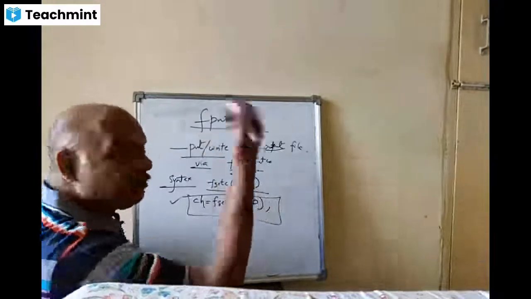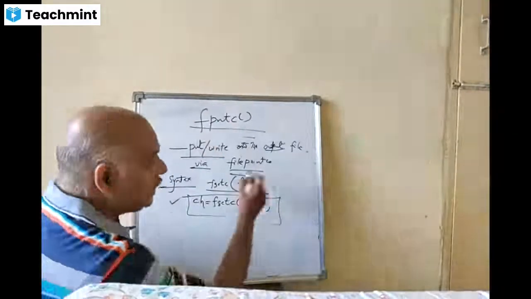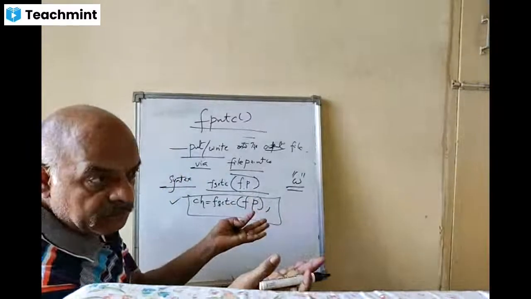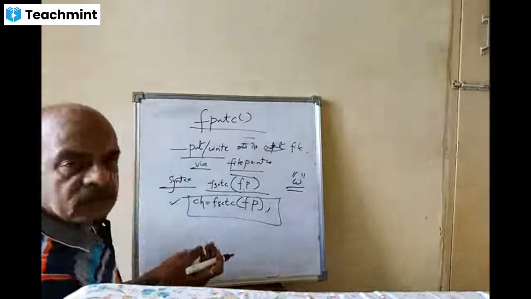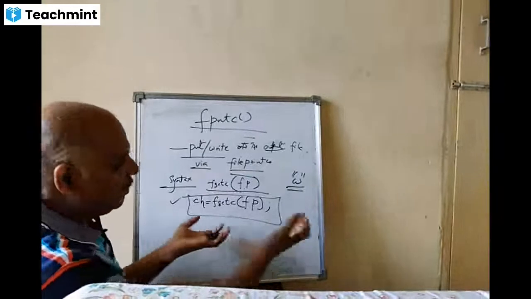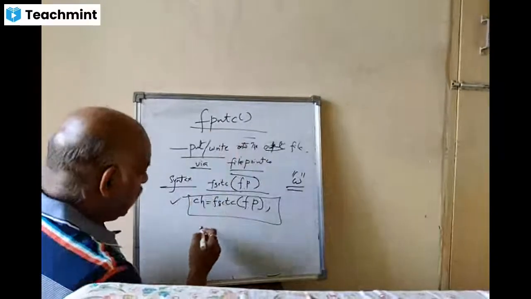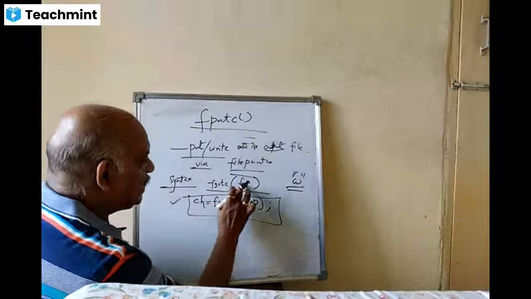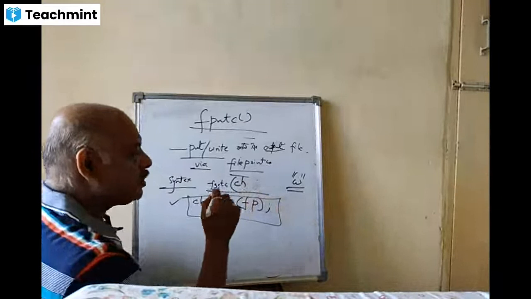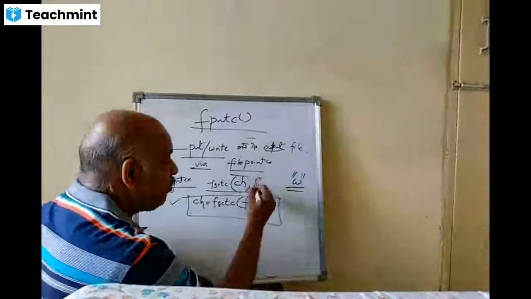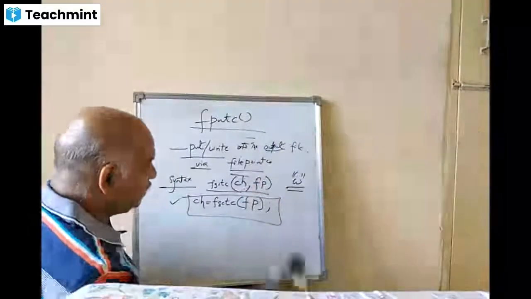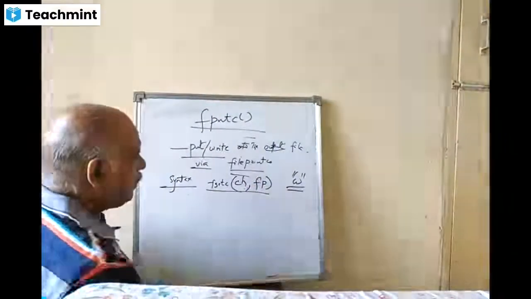Write mode. In fgetc the file must be opened in read mode. In this one you have to open it in write mode. Then only the file will be opened in write mode, and whatever character you want to transfer onto the output file must be transferred using that function, that is fputc. The syntax has two arguments: the character which you want to transfer onto the output file, and then fp, the file pointer of the output file. So this is what you have to write. This is fputc.